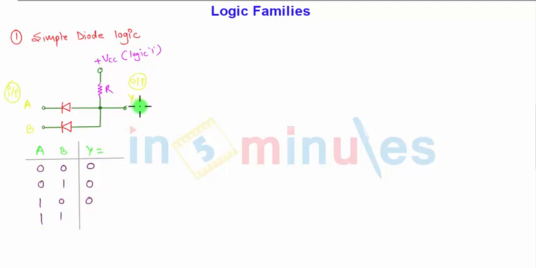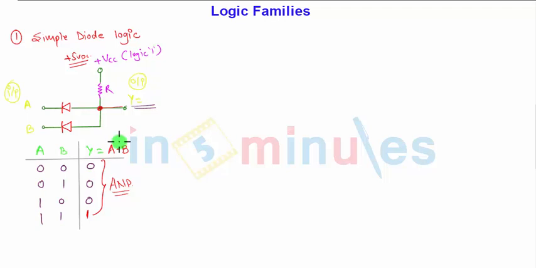And for the output Y in the last case, when both of the diodes are reverse biased, we applied plus 5 volts here, plus VCC corresponds to plus 5 volt DC generally. So both the diodes are reverse biased, and all the voltage appears at this point, that is nothing but the output Y. So finally we got output 1 here, and this logic is nothing but the AND logic. So this is the AND operation between A and B. So what I will write here is Y equals A into B. So this is simple diode logic.